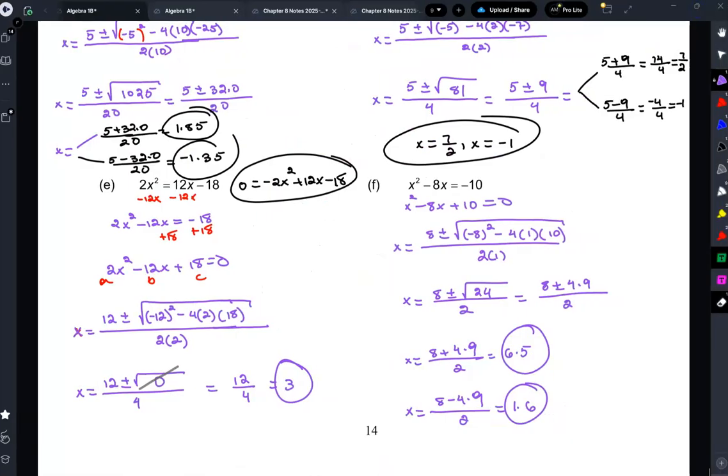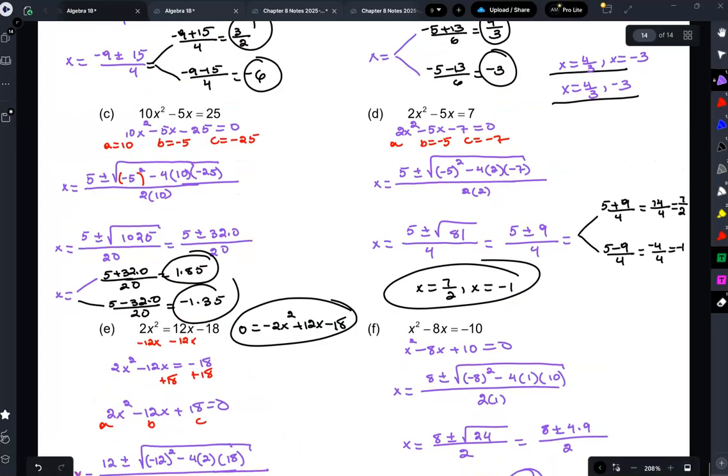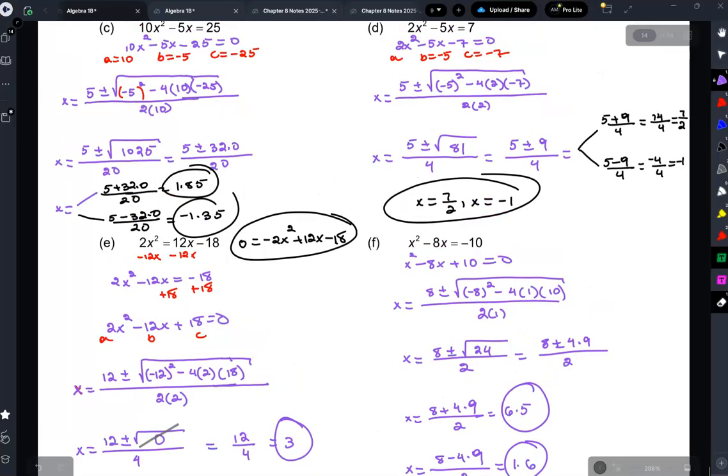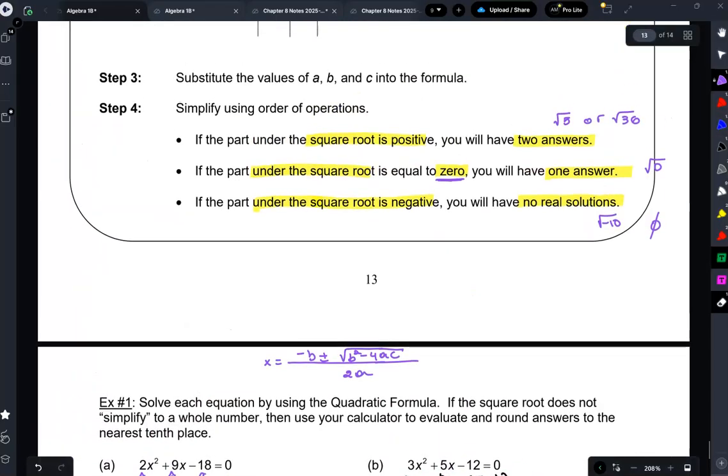So now, all of the ones we did today had square roots where we got either a positive number or 0. We never got the square root of a negative number. When you get the square root of a negative number, you stop and you say no solution. But make sure that you typed everything in correctly, okay? Like if you're getting no solutions on all of them, then it's probably not correct,